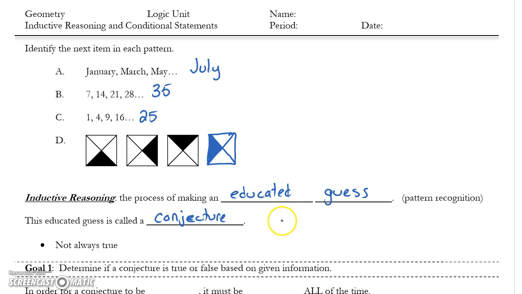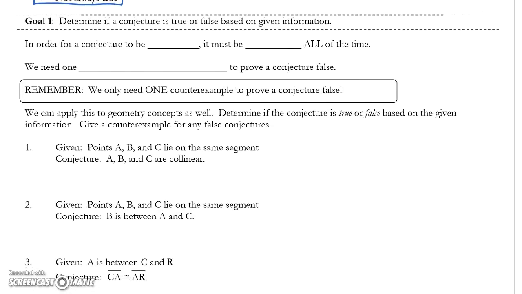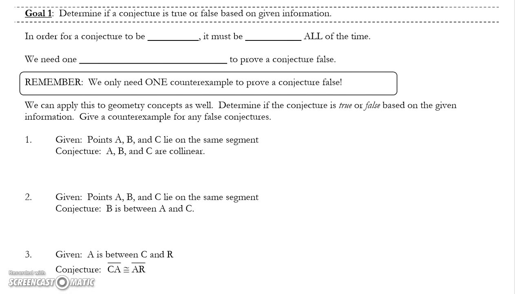The reason it's called an educated guess is because it's simply that. We've seen a pattern, we assume it will continue, and so we can figure out the next item in that pattern. But it is just a guess, so we have to know that our educated guess, our conjecture, is not always true. We will have to find ways to prove that the next step in a pattern might not be true, and in that case, it'll be a false conjecture, and we will have to do one additional piece of information. Moving on to goal 1 here, it says to determine if a conjecture is true or false based on